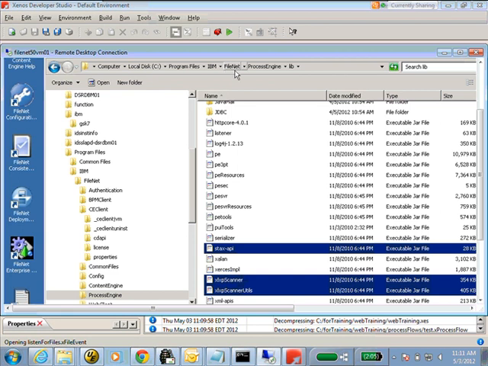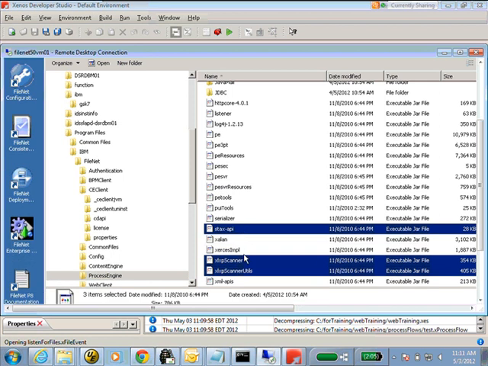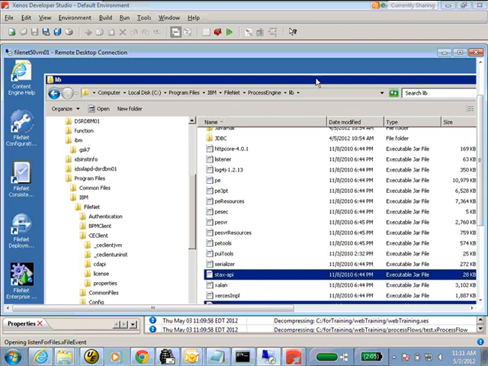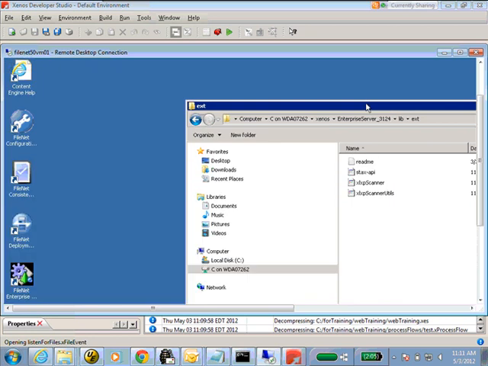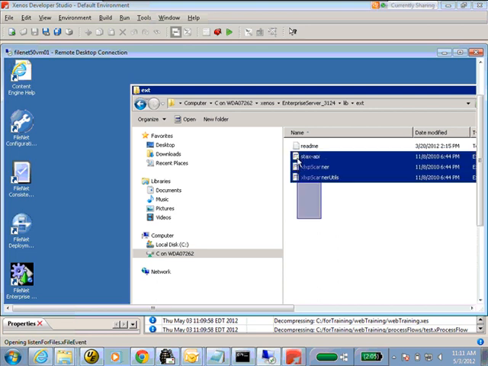There are just 3 files here that we need to copy over: stacks-api.jar, xlxpscanner.jar, and xlxpscannerutils.jar. Once you've copied those to whatever staging area you want to set up, you can copy them into the Enterprise Server install directory under lib/extension. You can see that I've already done this prior to this training session, just to make it easier, but here are the 3 jar files.